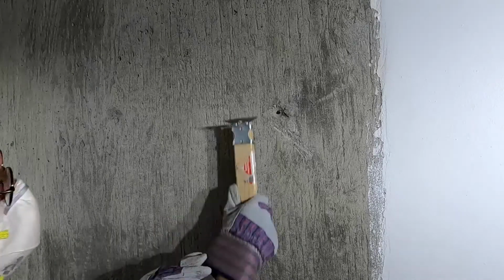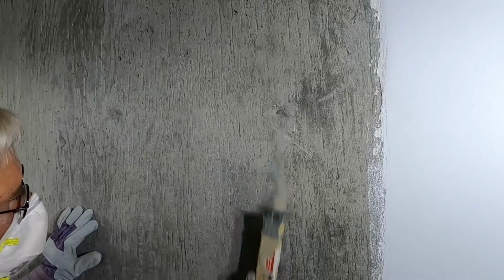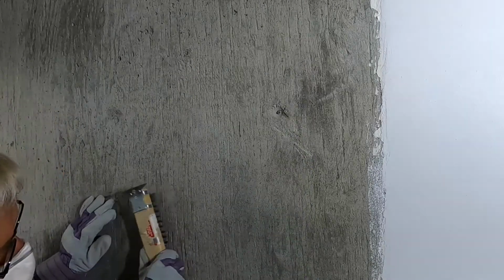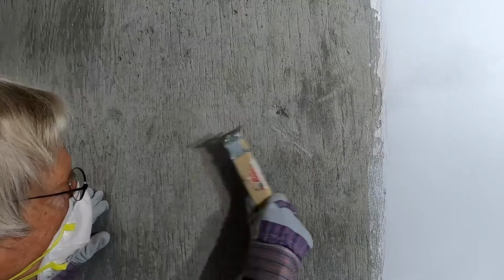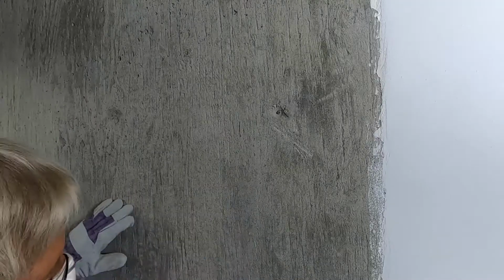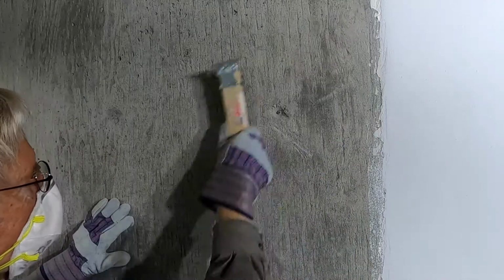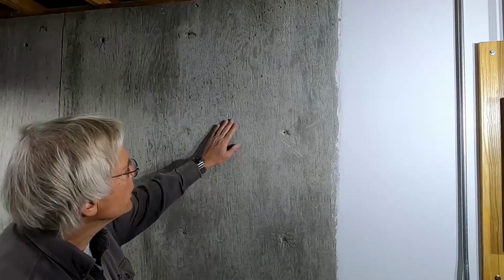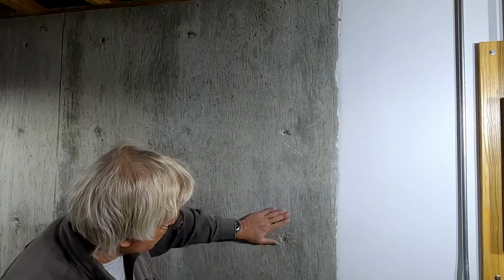Next, I will wire brush using a stainless steel wire brush. All I'm really doing here is just knocking off the surface stuff, and any flecks of plywood that are left over and so on. So the next step is to actually wash the wall, and in this case it's more about getting